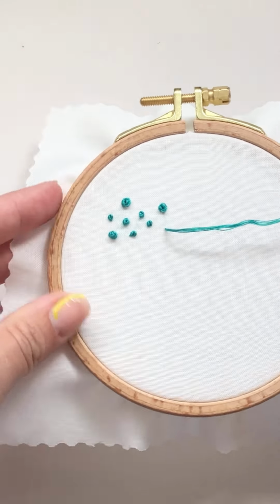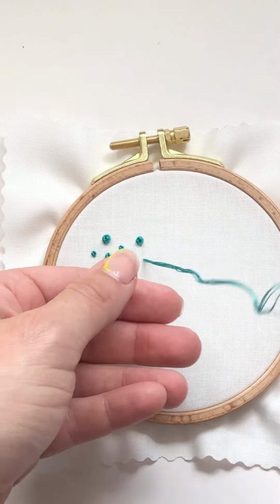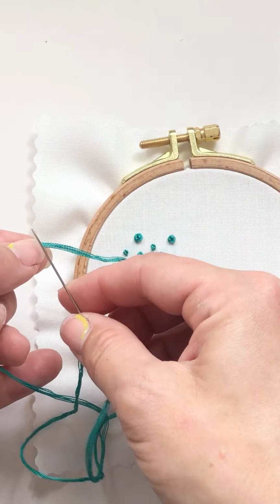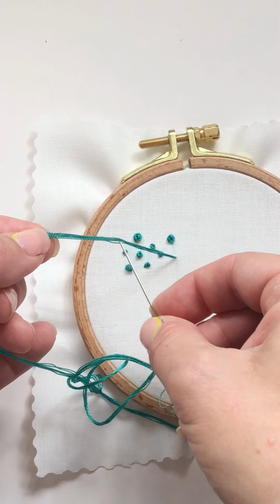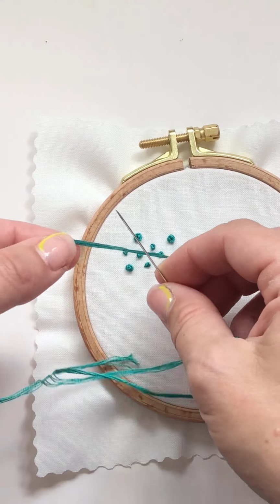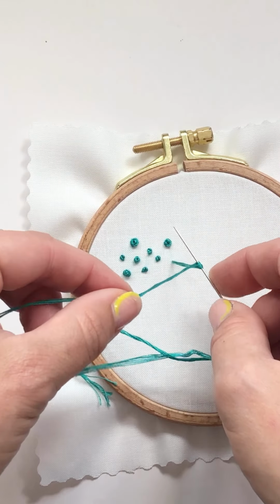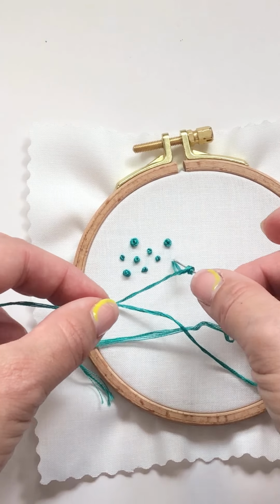throughout the process. So again, I'll come up, lay my hoop flat on the table, pinch my thread about 4 inches away. In between where I'm pinching my thread and it's coming out of the fabric, that is the thread I'm going to wrap around my needle. So this time I'll wrap twice. 1, 2,